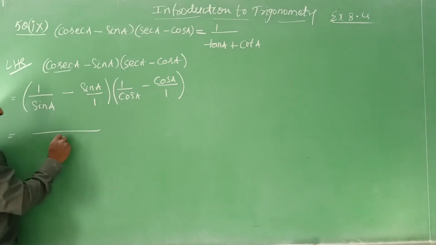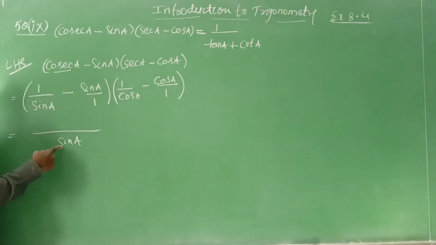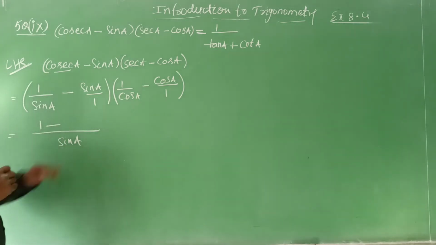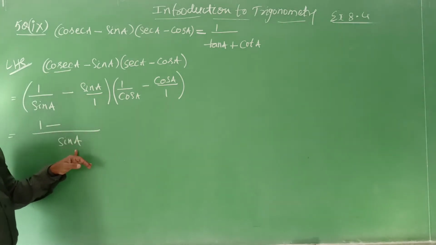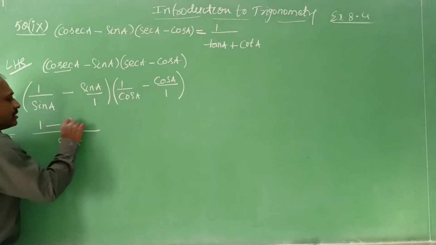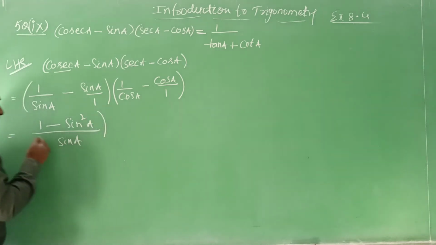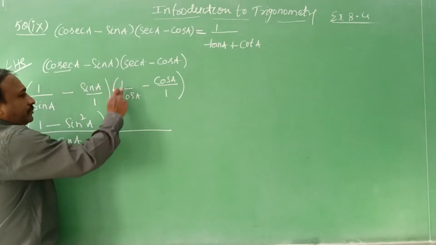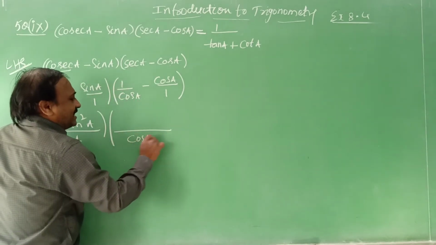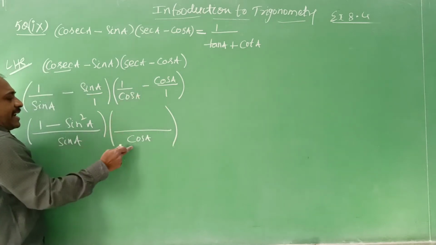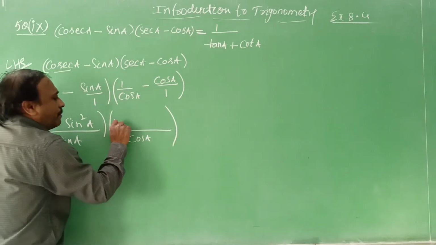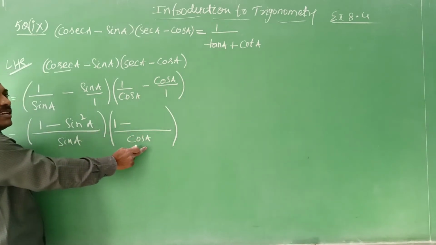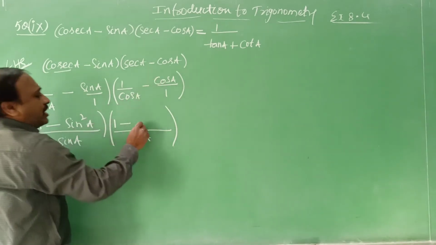Which is equal to, now here in this place, sin A into 1, that is sin A. So sin A, if you divide, the quotient is 1 into 1 minus, if you divide with sin A with 1, you get the quotient as sin A into sin A, sin square A. This is 1. Next, into, here you see, cos A into 1, cos A is the LCM. So here cos A, if you divide, the quotient is 1 minus, if you divide with 1, cos A is the quotient, cos A into cos A, cos square A.